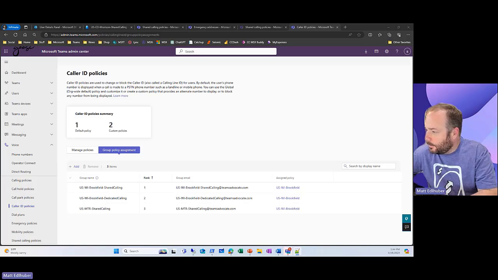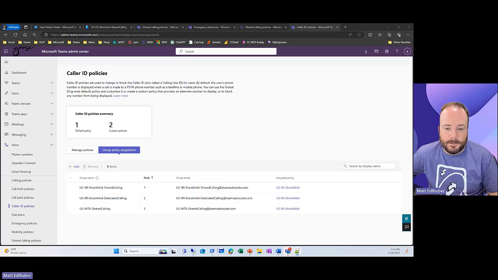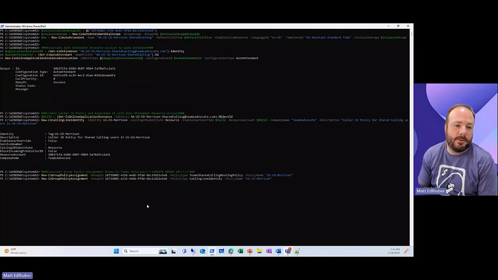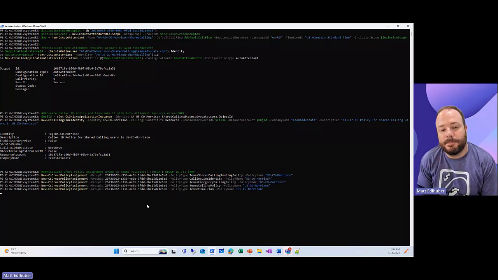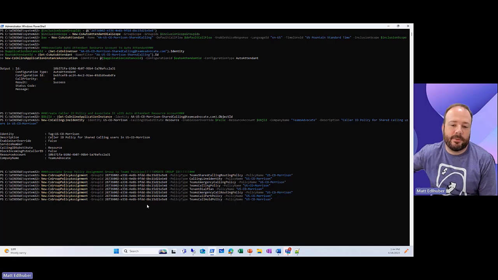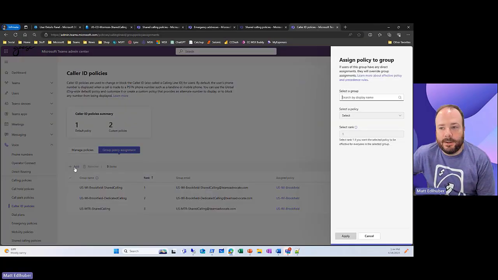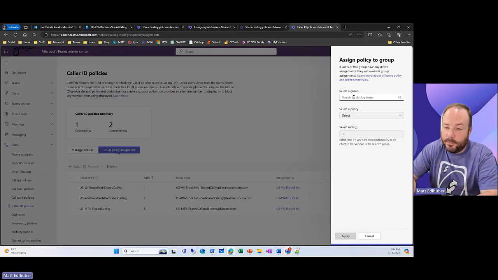So in my case, I'm going to just do some linking here, and essentially we have a PowerShell commandlet that's essentially going to do this piece. When we do an add here, we can select our group, which is